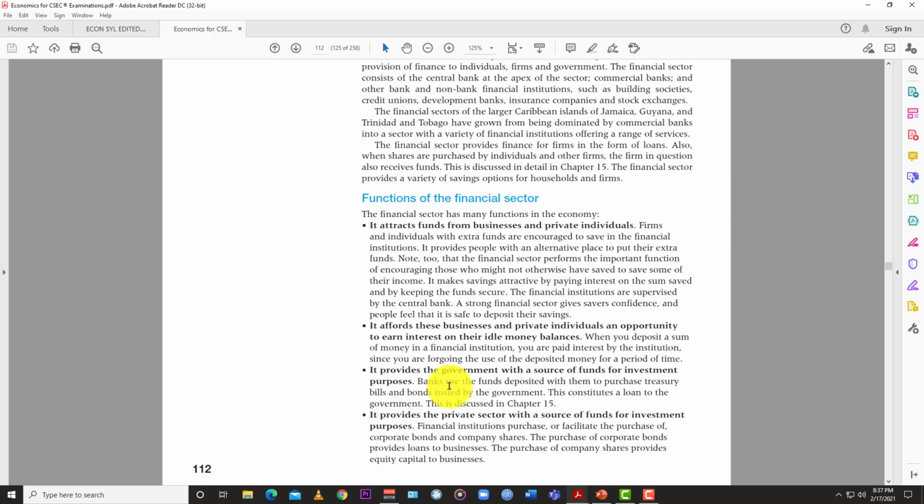Again, remember, we're talking about the savers and the borrowers. The financial system attracts funds from businesses and private individuals. So they say, okay, you come, you save your money, and annually we're going to add a little 5%, 2%, whatever. They try to make it attractive for you to not spend all your money. That's why some people would say, instead of putting your money under your mattress or under your pillow, put it in a savings account, because you're going to get some returns, some interest. The reality is the interest tends to be kind of low, especially today with the slowdown in the economy. But some financial institutions have different facilities. They have different saving mechanisms.